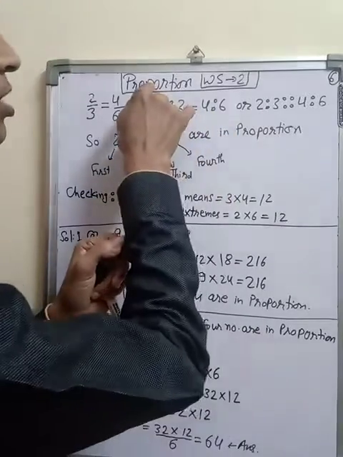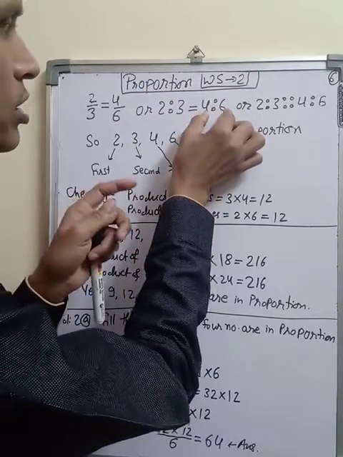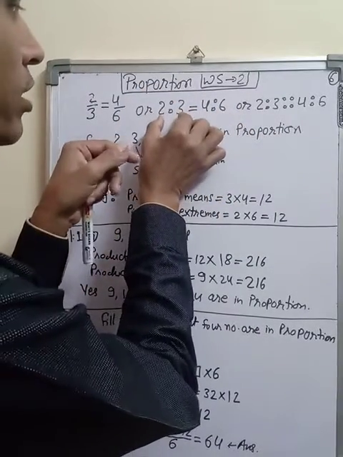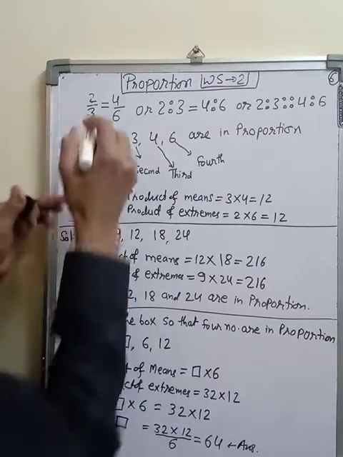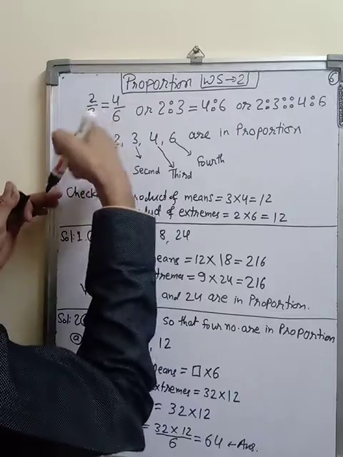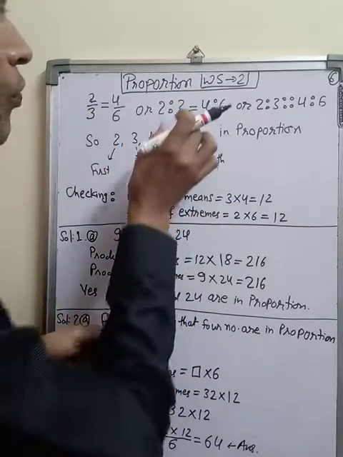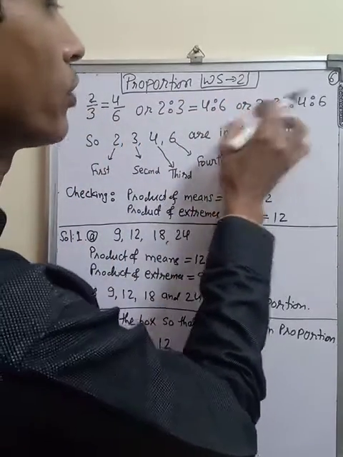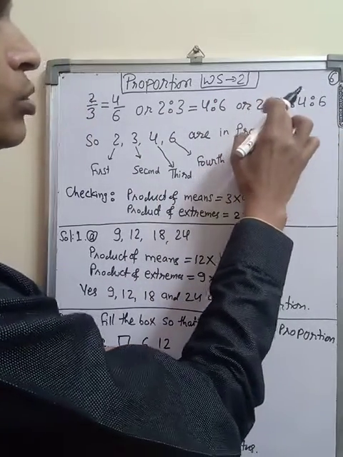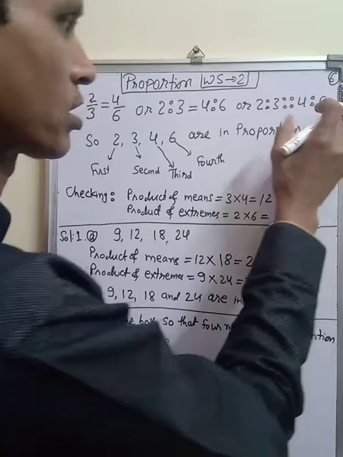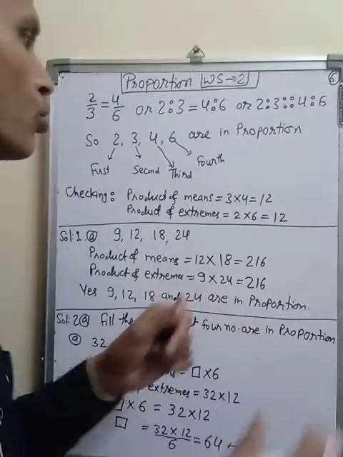You see here this word proportion. This is a ratio, and these two ratios are the same, because from here you can see 2 to 4 and 3 to 6, both are the same. So when the two ratios are the same, then these two ratios are in proportion. So 2 ratio 3 proportion 4 ratio 6. So this is the concept of proportion.